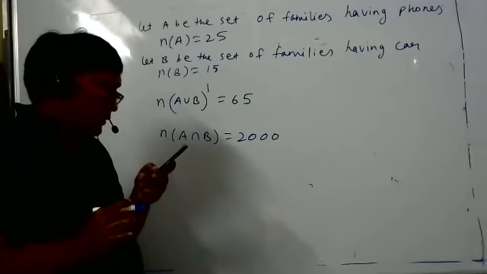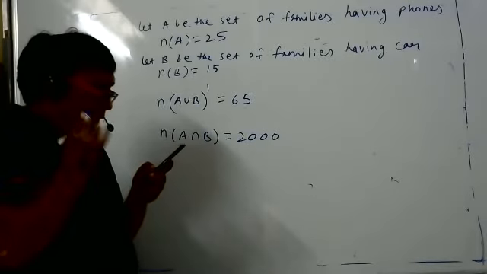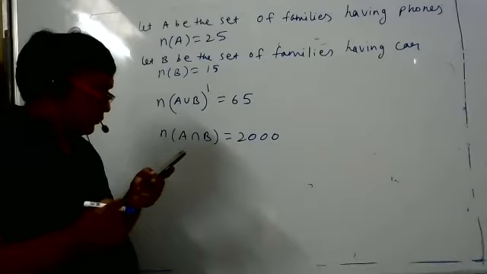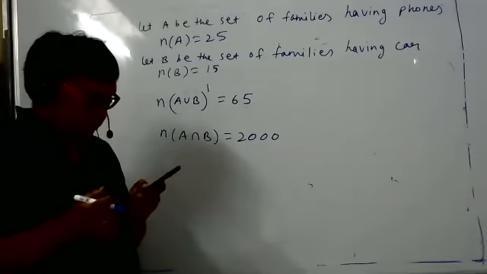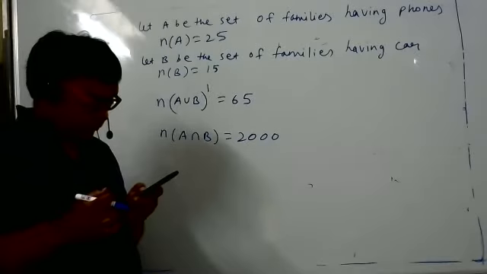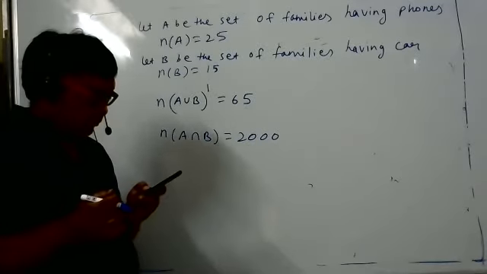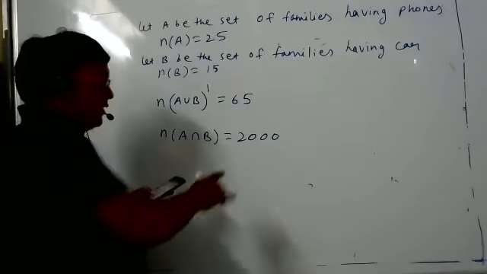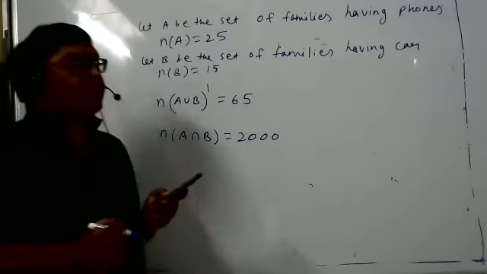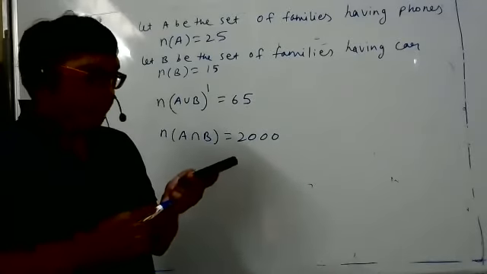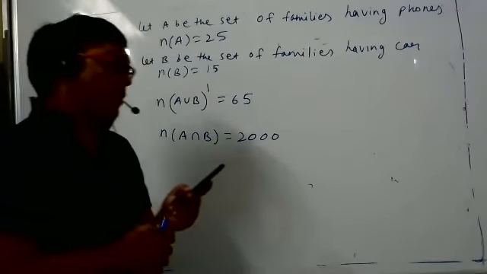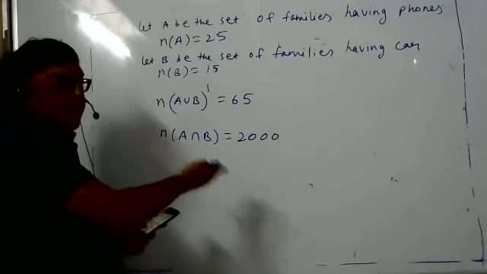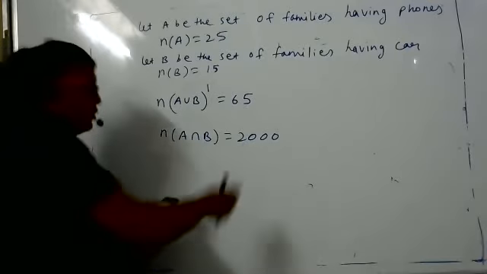Consider the following statement in this regard: 10% of families own both a car and a phone. Sir, I think the statement is false. That's why I will rectify the mistake here, because in yesterday's class we took A union B as 100. You remember the question with 4 sets? Yes, sir. There we could, but here we cannot take A union B as 100, because A intersection B is 2000.